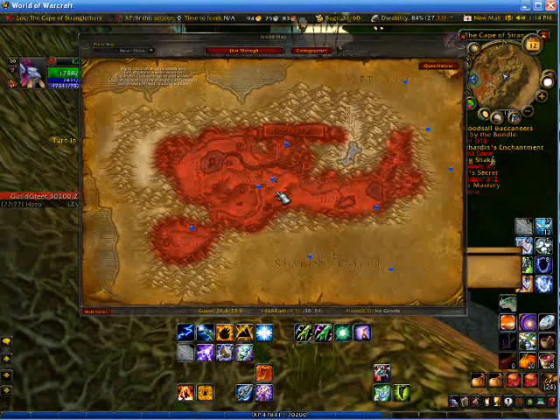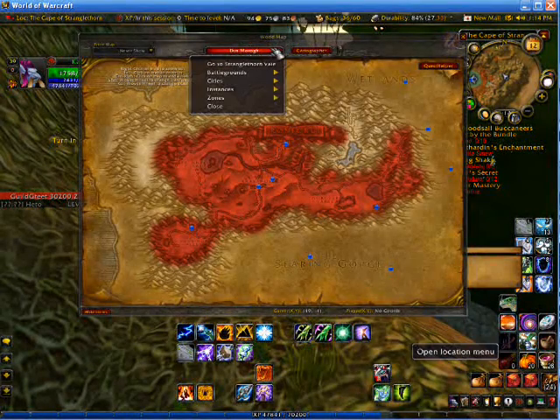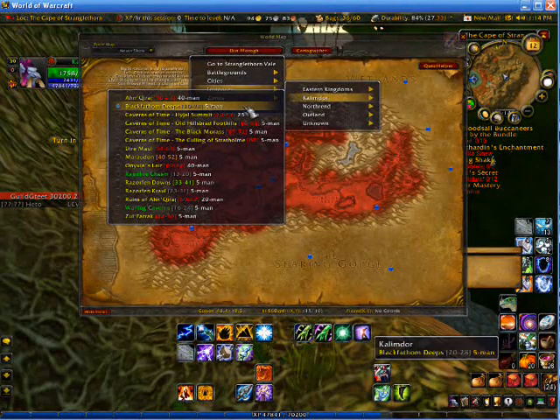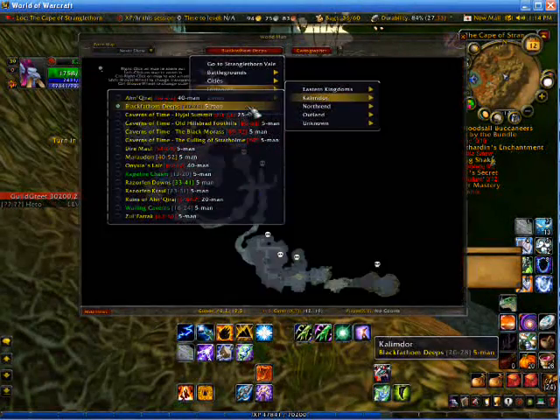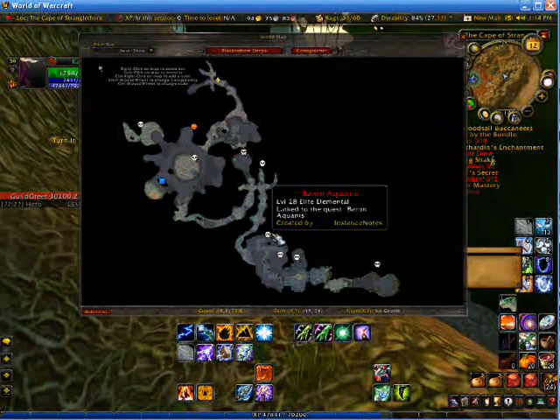It also has maps for all the instances. Here's one, Blackfathom Deeps. It takes a little to load up, but here it is. It shows where all the bosses are, really helpful. Another thing it does,